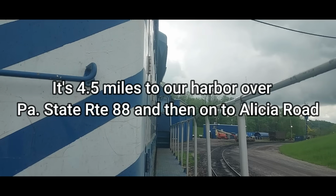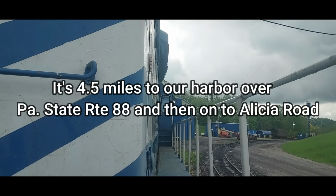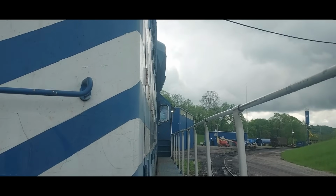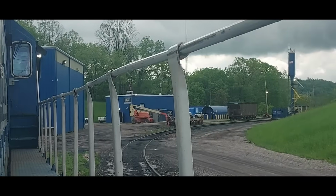But the cars carried aggregate before they came here. Melvin Stone's a pretty big company. I do not know which plant these cars came from, but